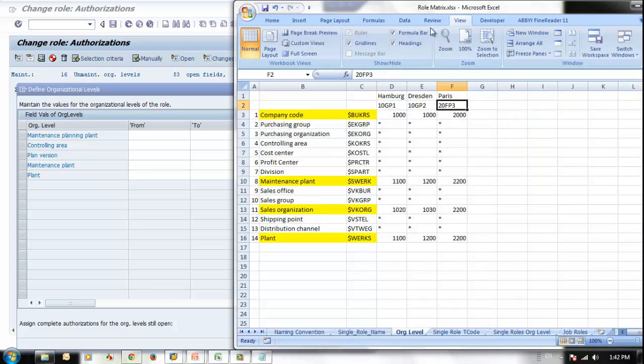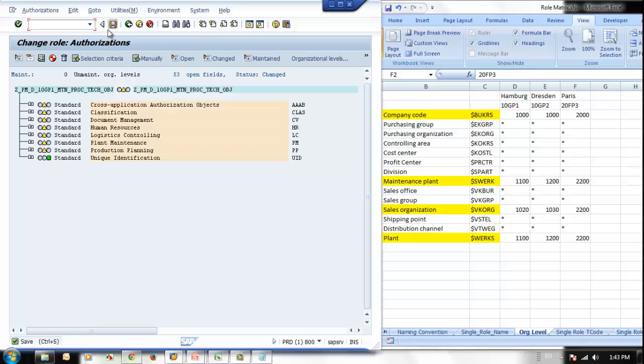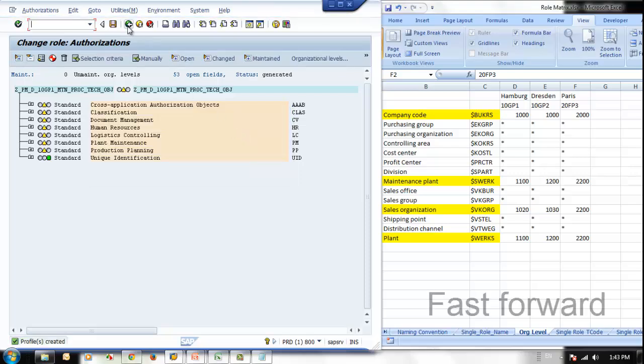Maintenance plan is 1100. Controlling area is star star, and plan version star, and maintenance plans 1100 and 100. The first one is maintenance planning plant. We don't have maintenance planning plant here, so I will put star. Save. Just keep the yellow for the time being. We can regenerate again, because this is again generated from the